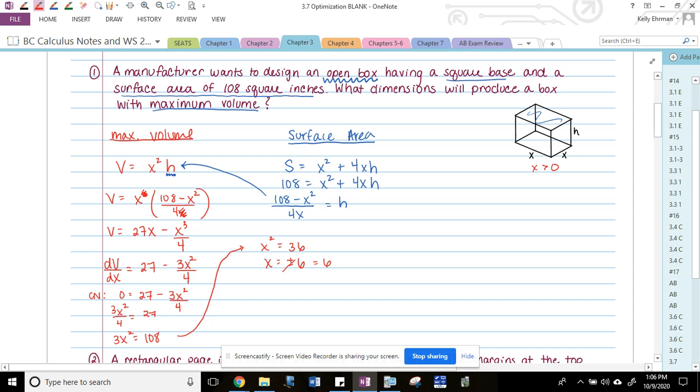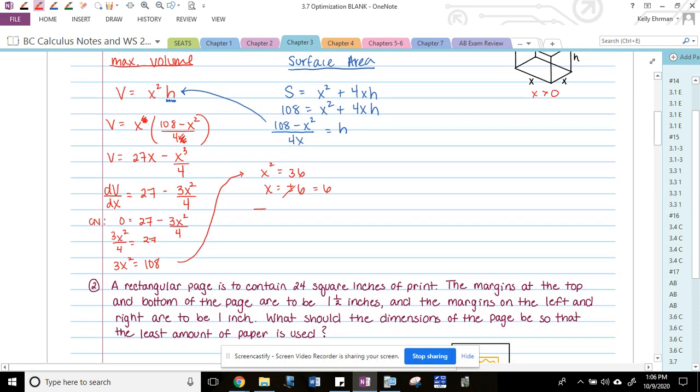And then remember, we're looking at putting our critical numbers on a number line and looking at what's happening at V prime and what does that mean about the volume itself. So if I put 6 on here, again, remember our domain is really, you don't want to plug 0 in because you can't have that for x. So our domain kind of is restricted on that side. So if I plug in something like 5 into the derivative equation,